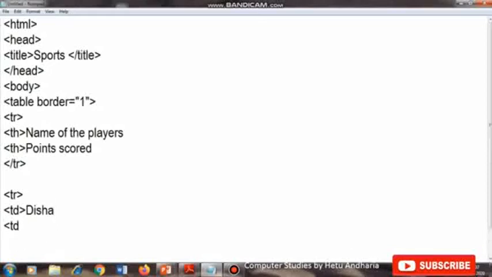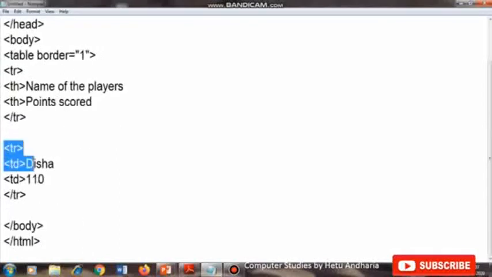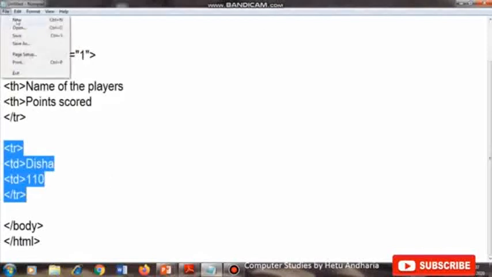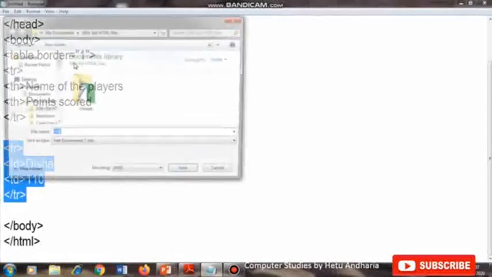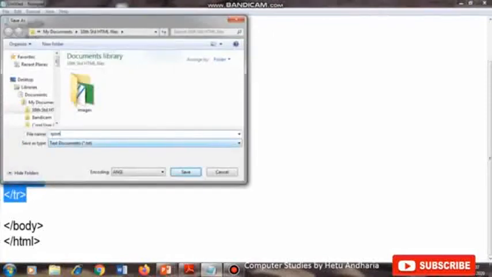Next td, 110, /tr. Now I want to change the color of this row. First we will see the output. I will save the file as Sports.html.